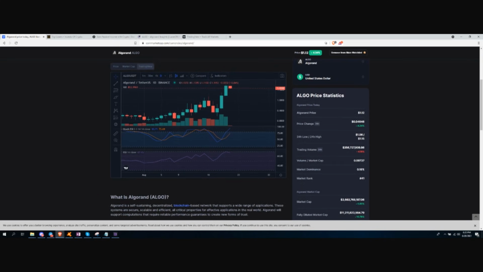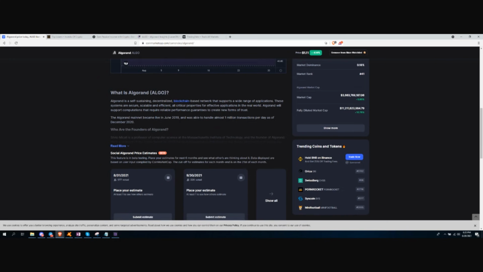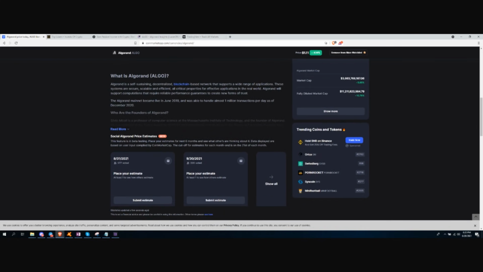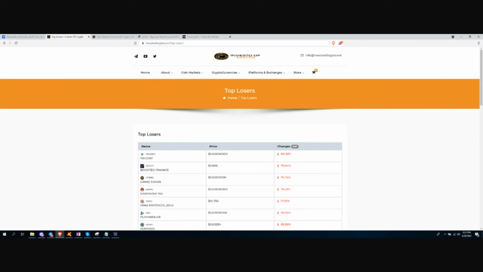So that's one good way. Another way, like I said, is to always check the descriptions on it, whether you're on CoinMarketCap or even my website, or even CoinGecko, which is another platform. You always want to check the markets. Checking the markets is very important, especially if you're in the U.S. You want to make sure that you're able to purchase it. But let me go back